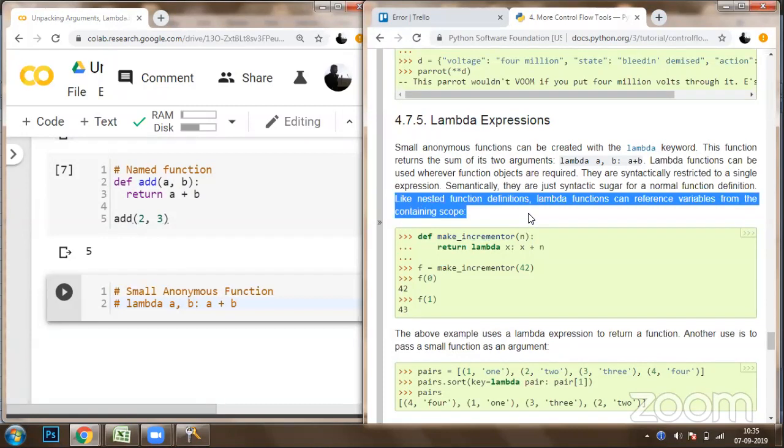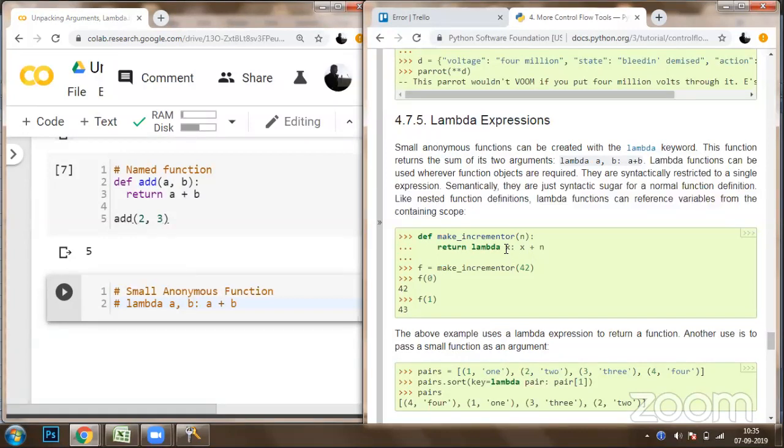So suppose you're going to receive the value of x. Here they have called a function known as incrementer. They have got the value of n, and you're going to return a value of lambda x colon x plus n. So whenever you're going to call this function with a value, it's going to increment it again and again. So let's say initially the value is 42. Once you have called the function f with a specific value, so incrementer में हमने n ले लिया,